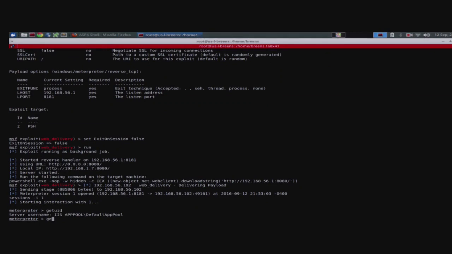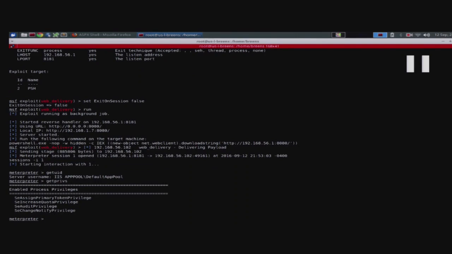So we're going to do get privs, and we see the list of privileges that account has. So it has SE assigned primary token privilege. Now we've been talking a lot about the SE impersonate privilege. I'm pretty sure that privilege includes SE impersonate, so you won't always see SE impersonate listed explicitly. The ones that we did testing on, both IIS and SQL Server, have this other one instead, but it still works. So now we're going to upload a binary to the box.